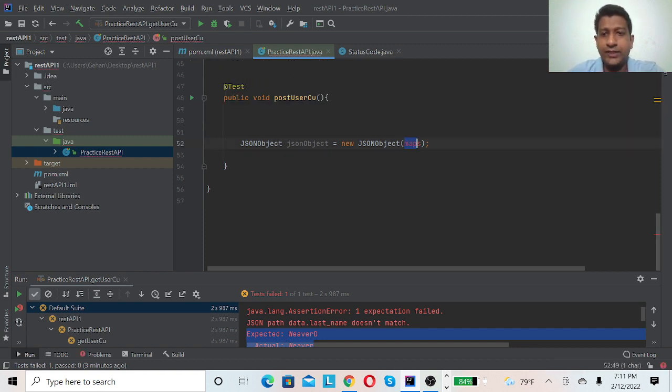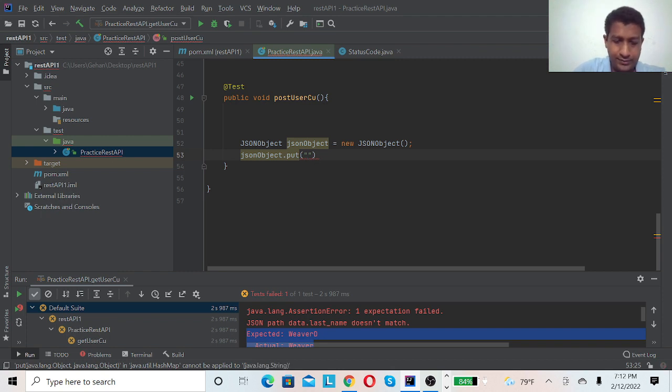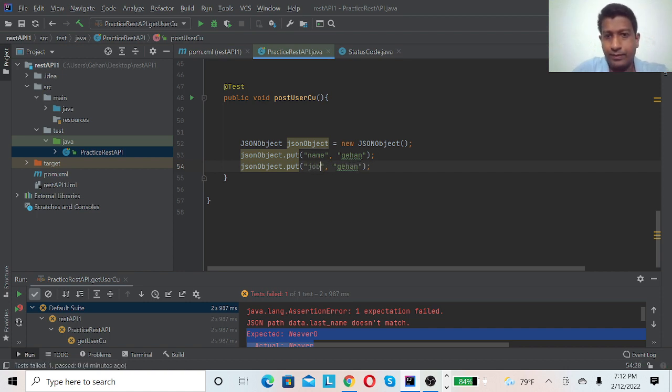We can create a JSON object and directly assign the key values for that JSON object, like this: put, and we can put name, likewise.